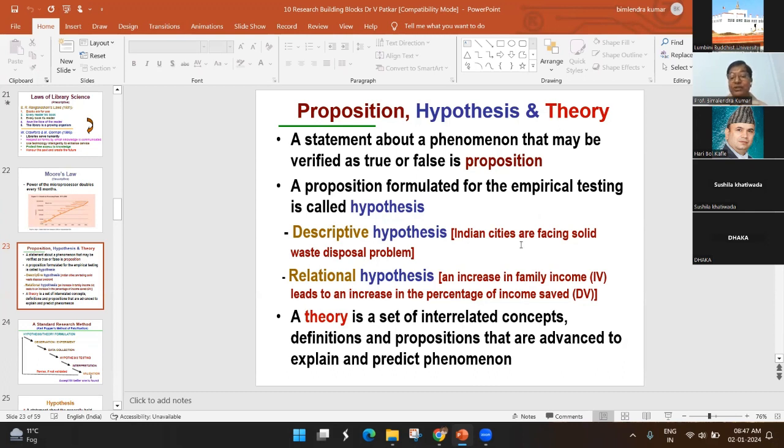So now theory: how a hypothesis leads towards a conclusion or a theory, which is a set of interrelated concepts, definitions, and propositions that are advanced to explain and predict phenomena. So this is our